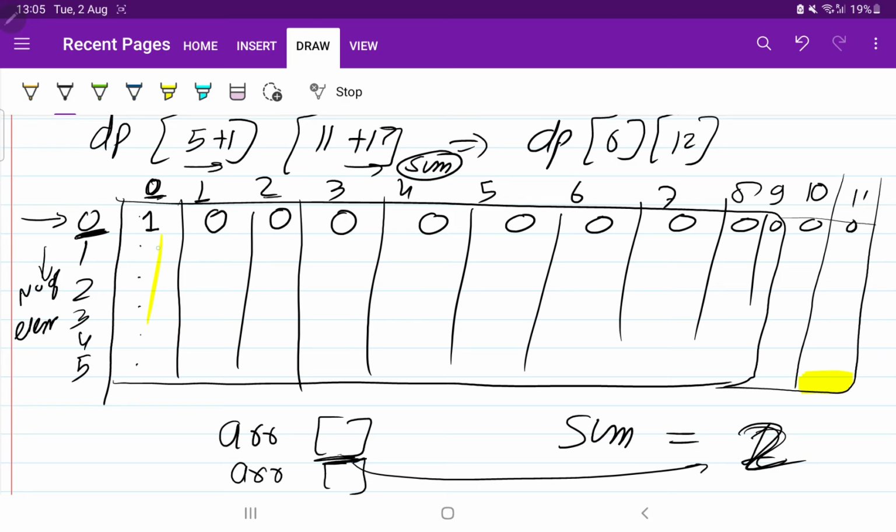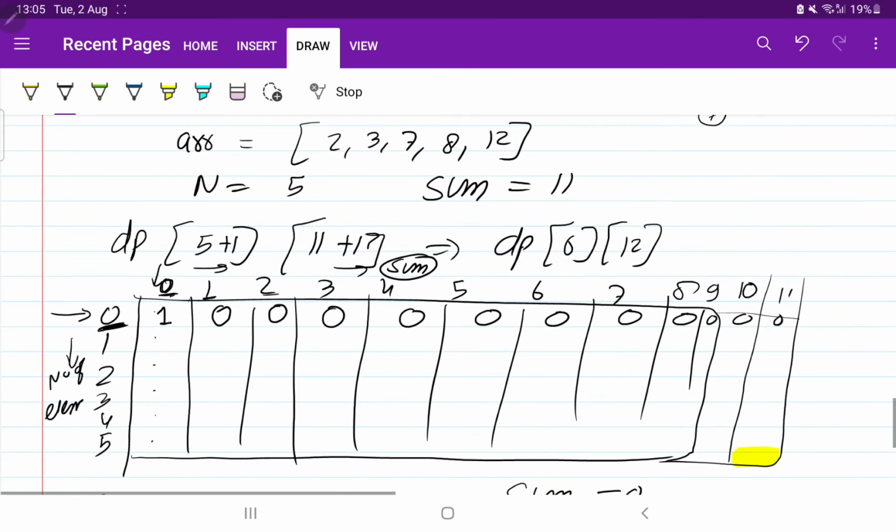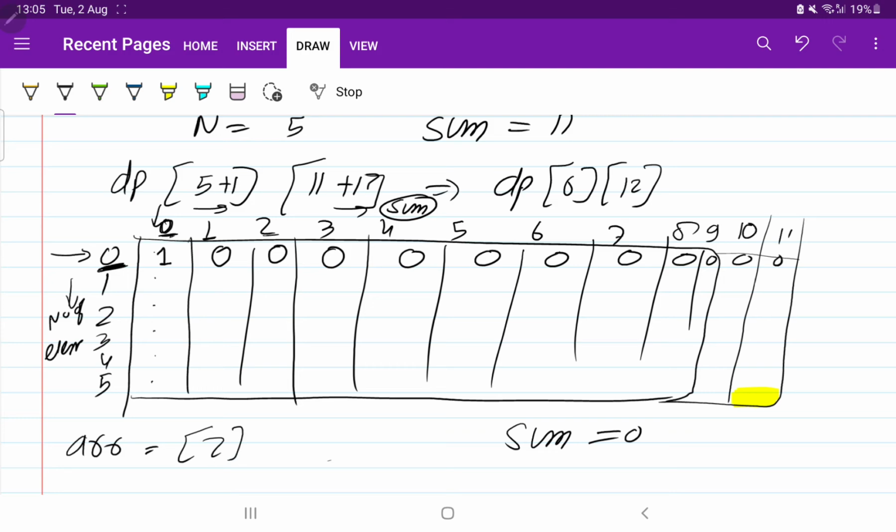Now I told you we have to fill the first row and first column. Now let us fill the first column. So what does the first column tell? First column tells that I want sum as 0, but the array will contain one element. What was the first element for us? First element was 2. So here it is saying that we have one element of the array, that is 2. Can you get the sum 0? Yes. If you choose the null subset, the sum 0 is possible. It means 1 will come here.